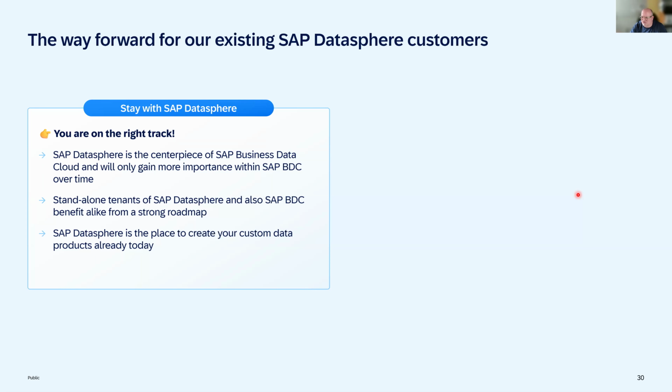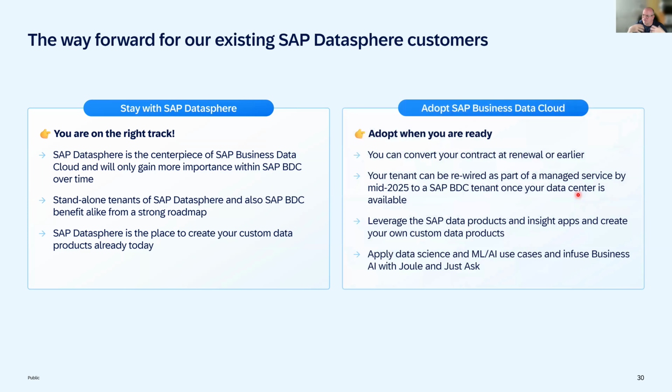And what's also important to understand, I mentioned at the beginning already, DataSphere is also the place where we, even today, without Business Data Cloud, can create data products, right? And we will enhance that concept in DataSphere seamlessly, that works in the same way with the data products as part of Business Data Cloud. So you're already on the right track. And whenever you're ready, and that can be when your contract renewal is out there or even earlier, you could adopt also Business Data Cloud. That requires two things. On the one hand side, it's a commercial part. On the second